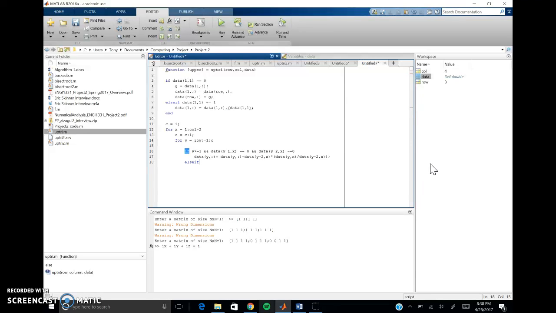Else, if our data is only one less than the row we're in, that doesn't equal 0, then the data we're looking at